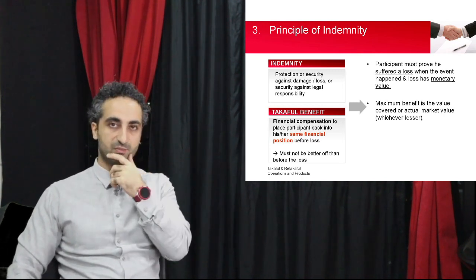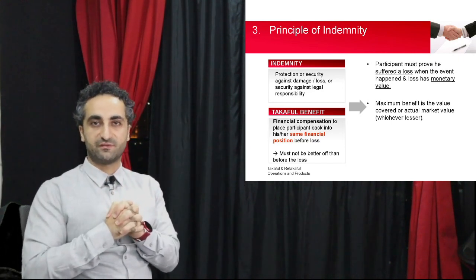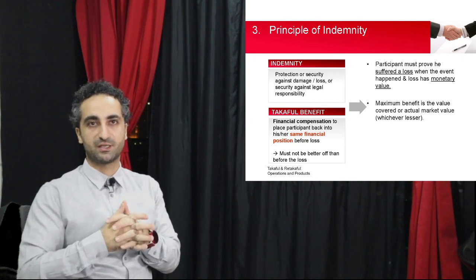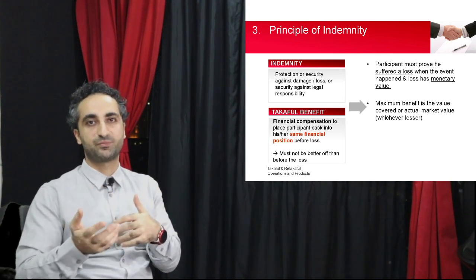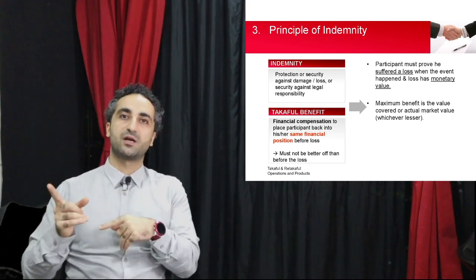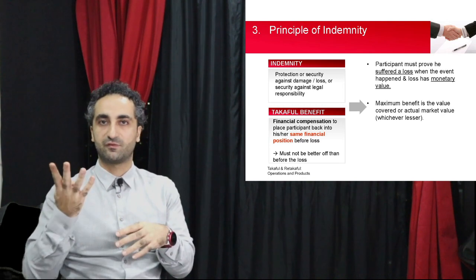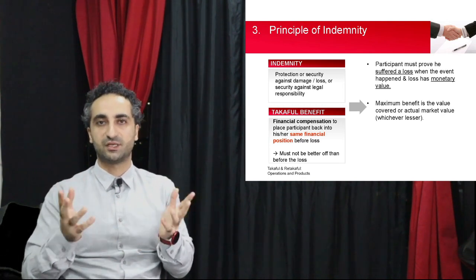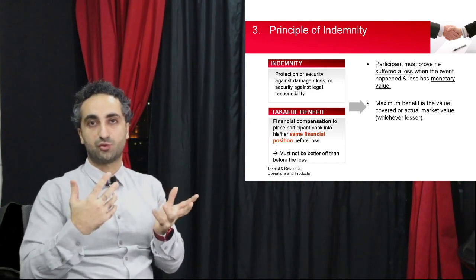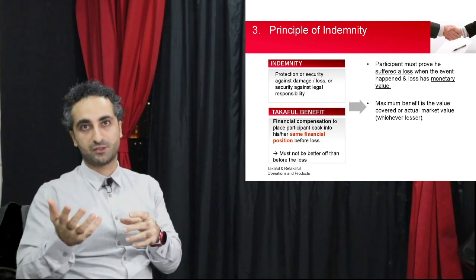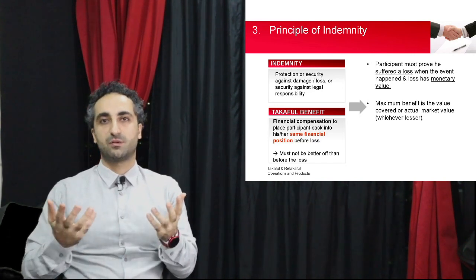Okay, so let's take an example. I go to buy insurance for my car and I tell them the value of my car is 50,000, whereby it is 40, but I was aiming that if I had an accident I get an extra 10. However, the Takaful company will check the market price. If the market price is 40, they will only compensate you for 40 to get a new one in case of total damage. So even though you paid a higher premium because you considered your car as 50, because you lied or you didn't do the task properly, you will not be compensated for 50.